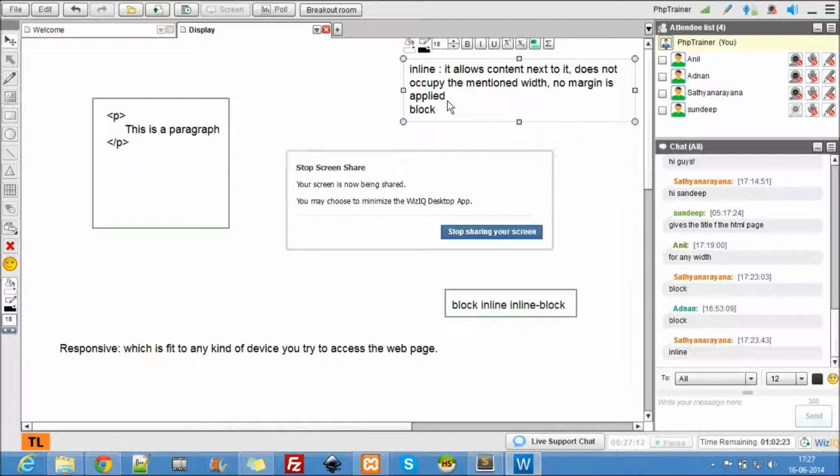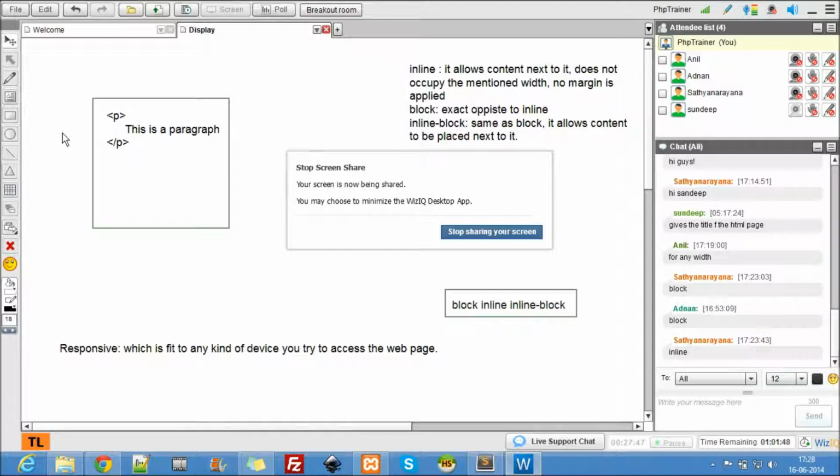So it's completely opposite to inline. It does not let the content be placed next to it. It occupies the mentioned width, and no margin is applied. Exact opposite to inline. And inline block is the same as block level tag, except only one thing. What is that one thing? It allows content to be placed next to it.